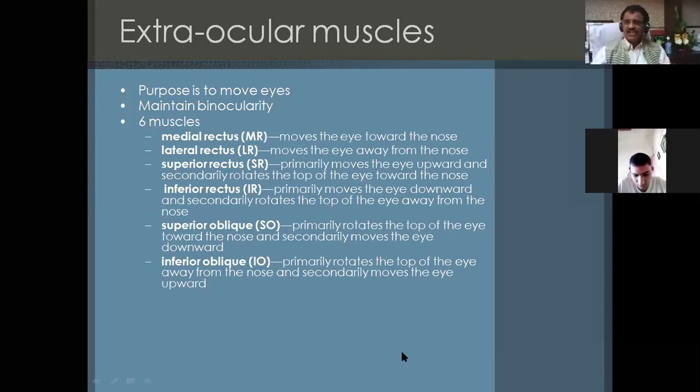Now last is extraocular muscles of the eyeball. Extraocular muscles of the eyeball, there are 7 altogether. There are 7, and all of them help your eyes to move, or the eyeball to move, and they maintain